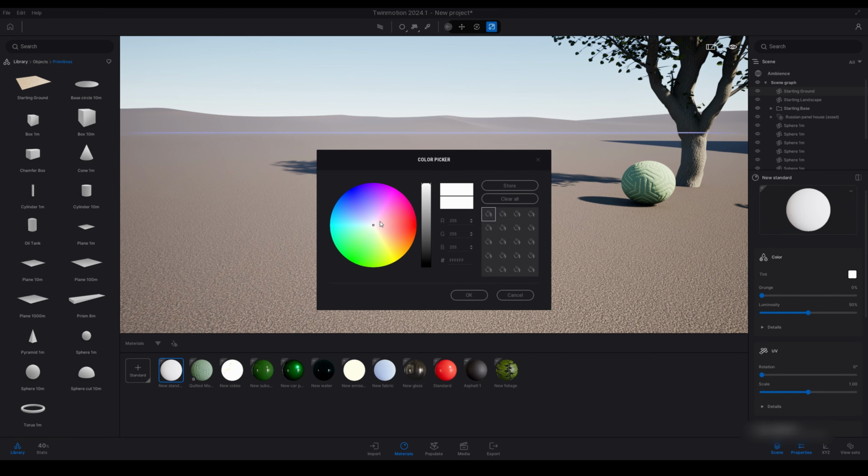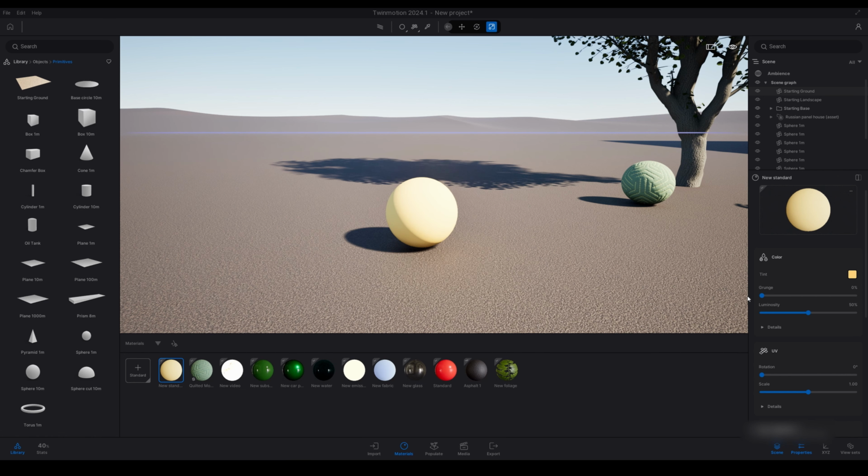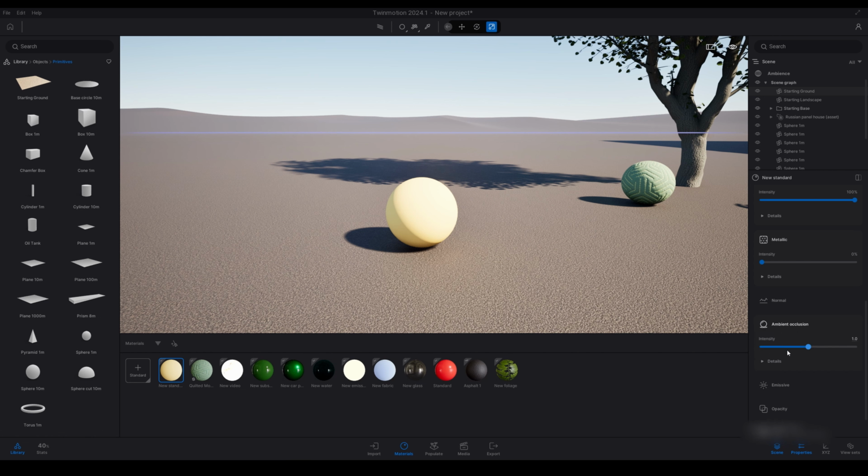So moving on to ambient occlusion texture input. I've just created a standard material here, just giving that a color. On the right hand side we can scroll down and there's a new tab called ambient occlusion. If you just open that, you have the slider here for intensity and a texture tab here, which you can open up a texture for the ambient occlusion. I don't have a material at the moment that can utilize ambient occlusion, but yeah, you get the idea.